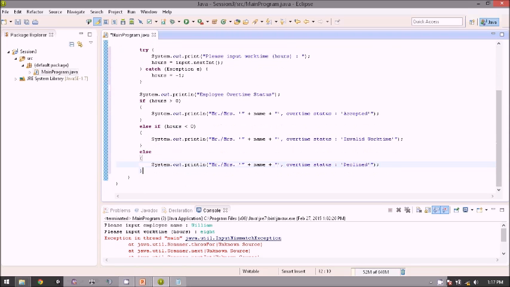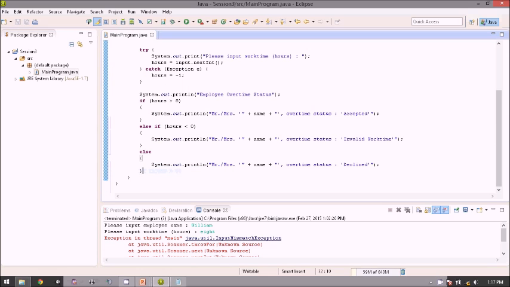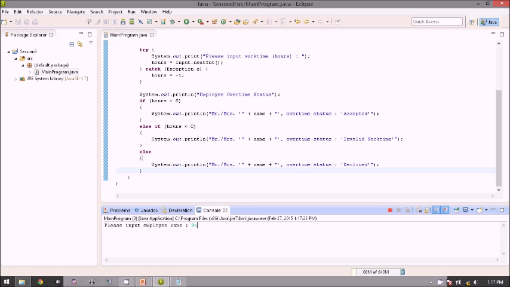So overall it's like this. Let's try the program, run this one. I will input the employee name is William. If the work time is, let's say, 12 hours, the overtime status will be accepted.